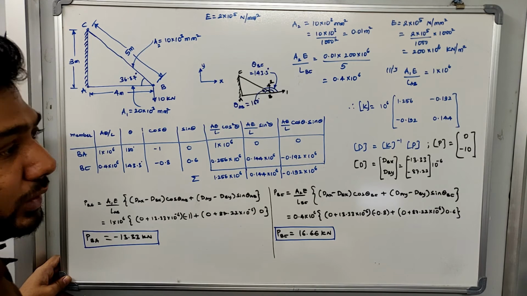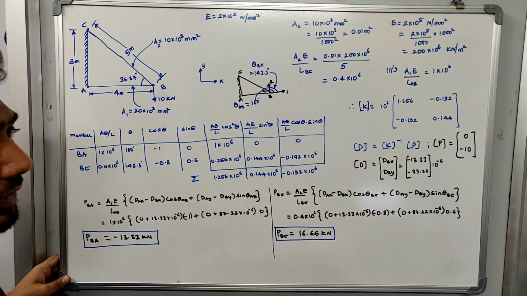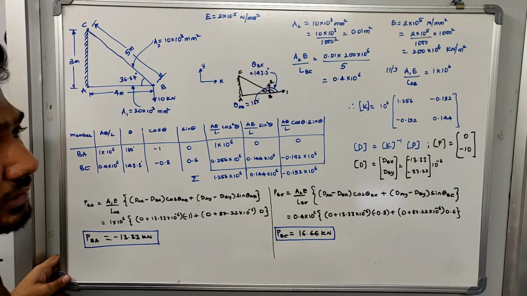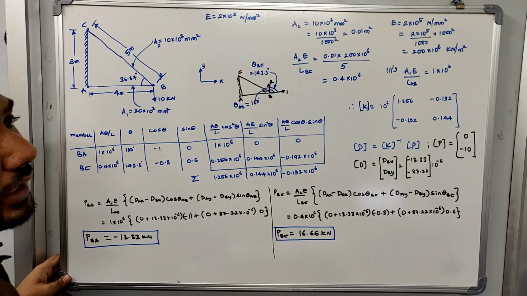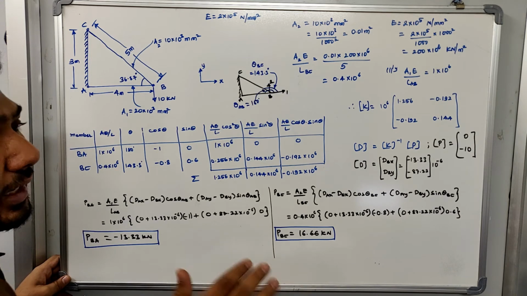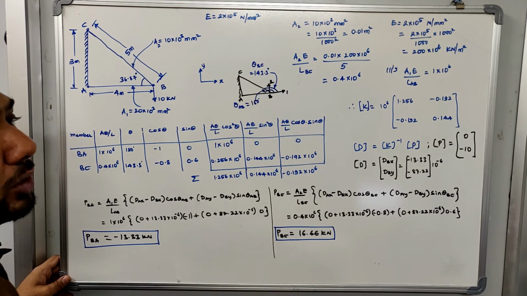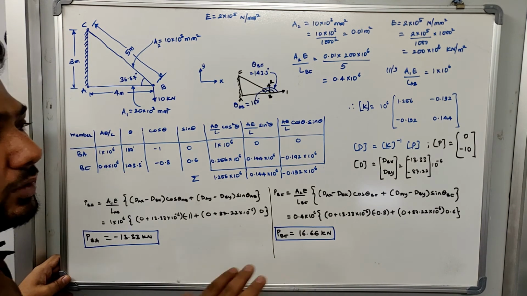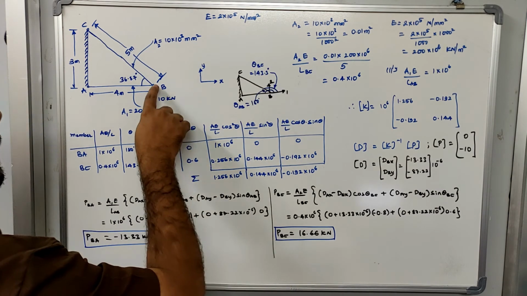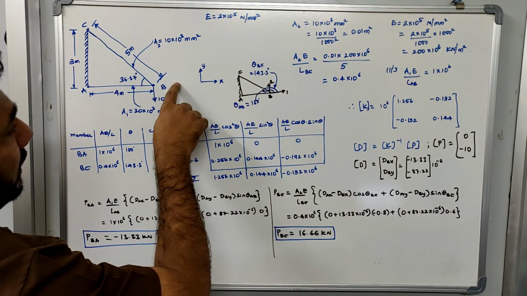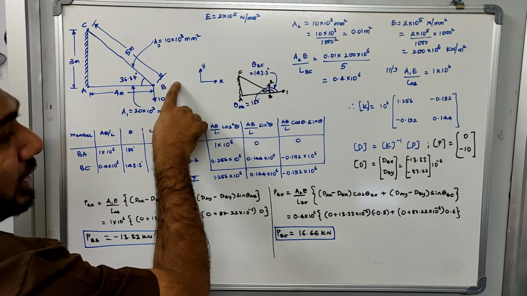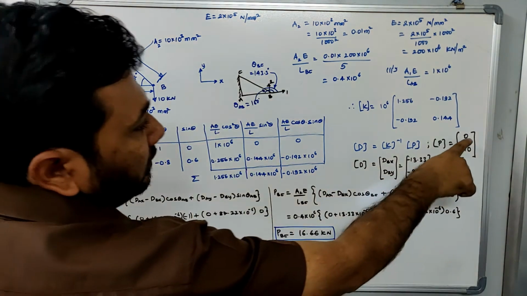Now here you don't do it. Earlier I used to take the fixed end moments and the reactions. Here I am directly taking the forces that are applied at the joint. When you take any value which is directly applied at the joint, you should take it as positive itself, right? Whatever the value is there, you have to take the same value. Now in the x direction, what is the value we have? There is no force in the x direction, which is equal to 0, so that's why it is 0.